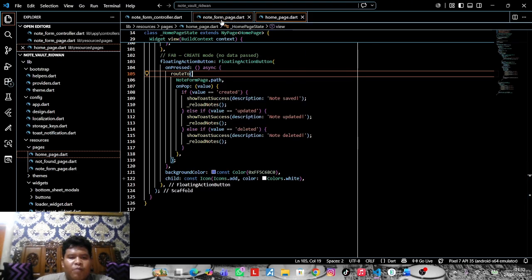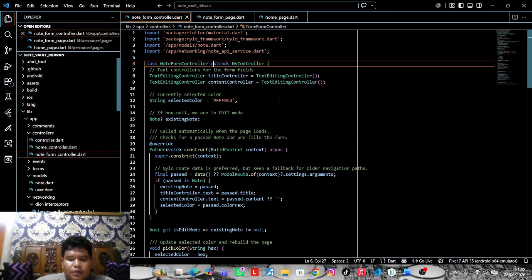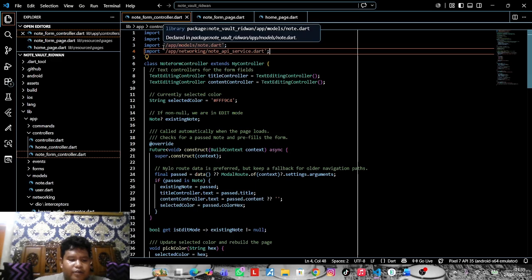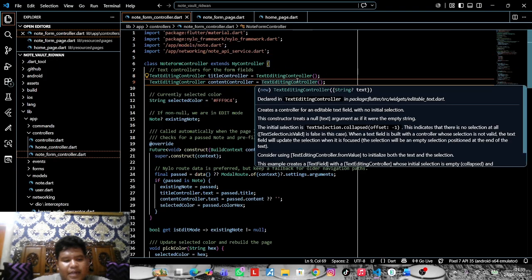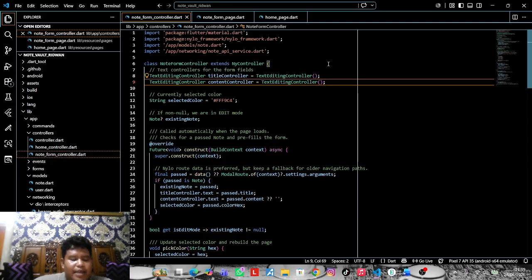And then we move to node from controller.dart. Node from controller.dart. This controller contains the business logic for creating, updating, and deleting nodes. This is the text controller. This controller manages the text entered by the users in the title and content fields.